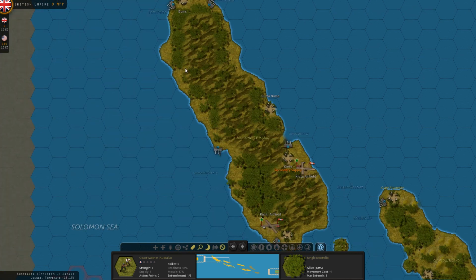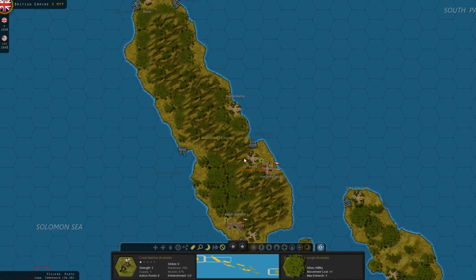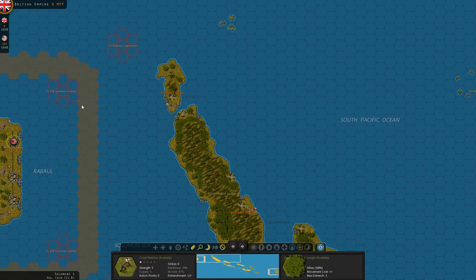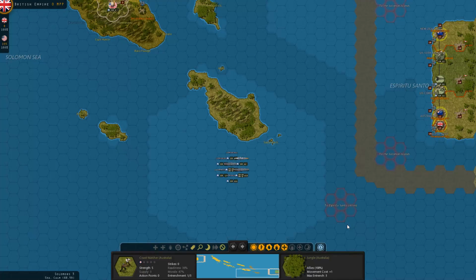And then the hell that's Bougainville. Well, it could be hell. There's no communications between the towns at all, is there? No. And then there's Buka up here. And then, of course, proximity to New Ireland Island or Rabaul. Well, anyway, this is going to be interesting